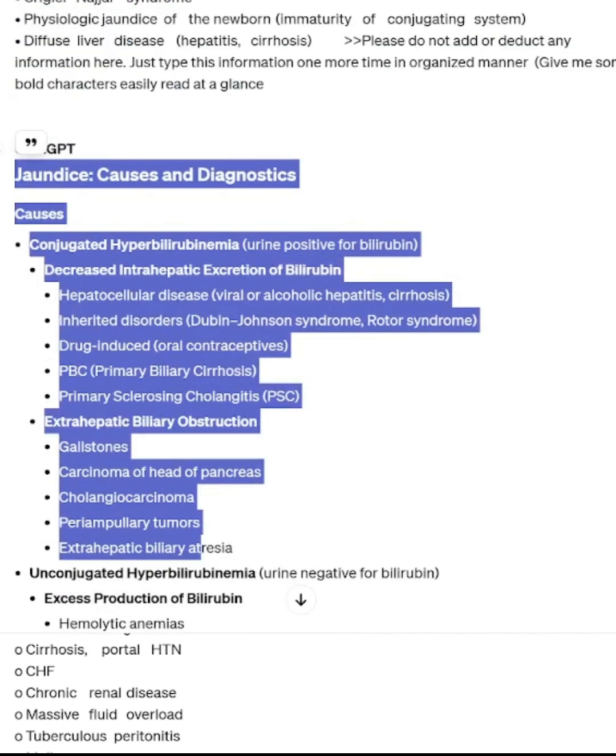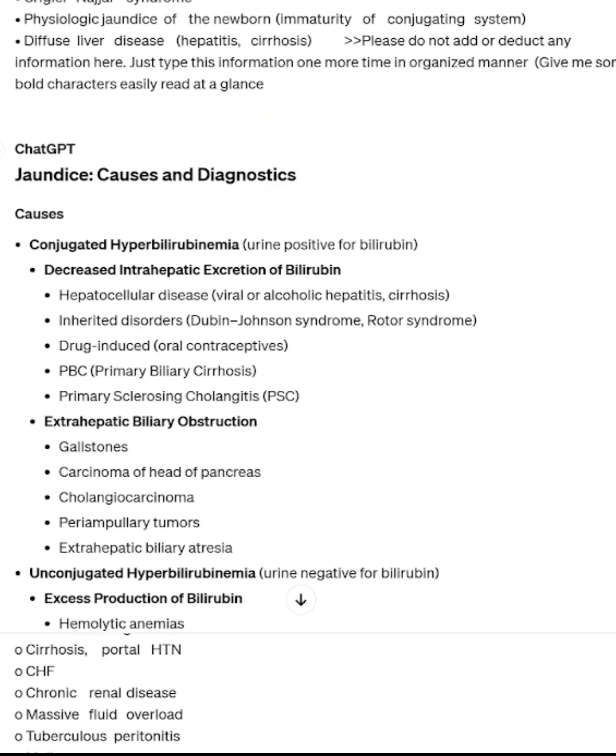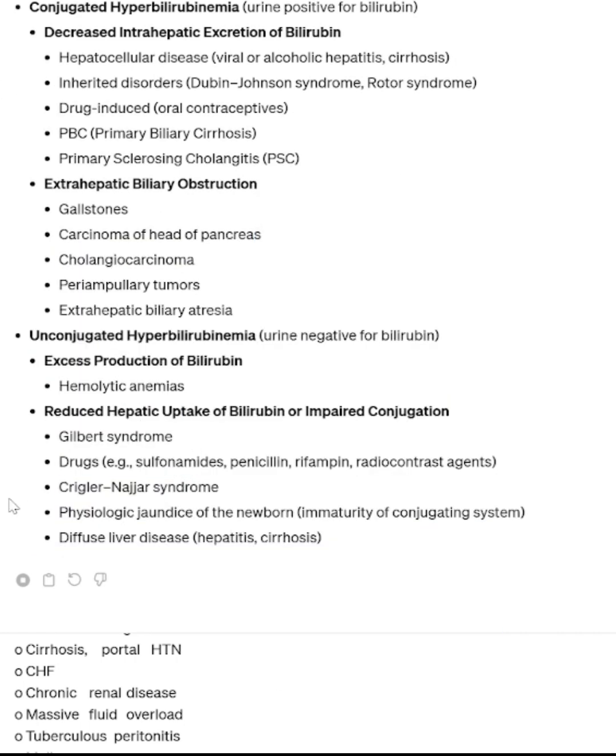Jaundice, causes and diagnostics. Causes: conjugated hyperbilirubinemia, urine positive for bilirubin, decreased intrahepatic excretion of bilirubin, hepatocellular disease, viral or alcoholic hepatitis, cirrhosis, inherited disorders, Dubin-Johnson syndrome, Rotor syndrome, drug-induced oral contraceptives, PBC, primary biliary cirrhosis, primary sclerosing cholangitis, PSC, extrahepatic biliary obstruction, gallstones, carcinoma of head of pancreas, cholangiocarcinoma, periampullary tumors, extrahepatic biliary atresia, unconjugated hyperbilirubinemia, urine negative for bilirubin, excess production of bilirubin, hemolytic anemias,